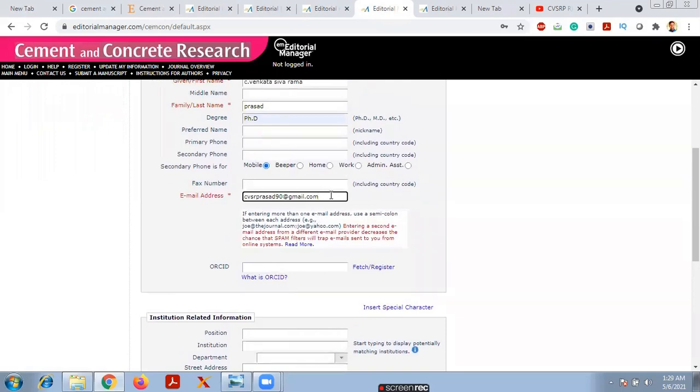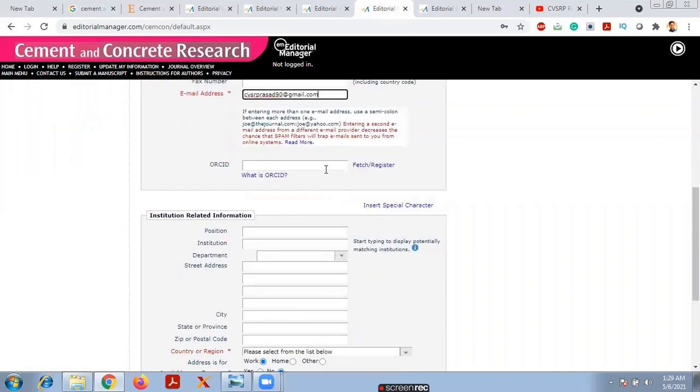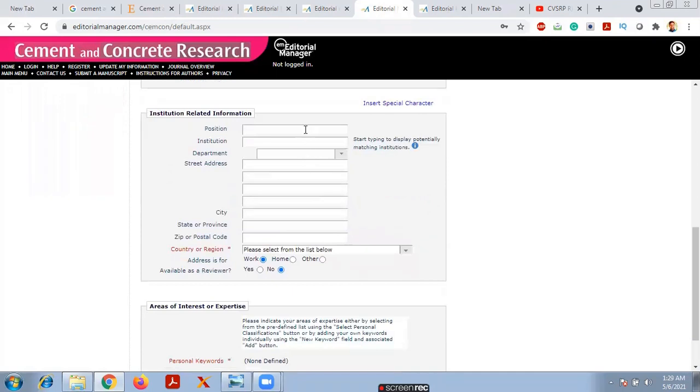Again, you have to give the email address here. And if you have an ORCID number, please give the ORCID number also. And again, you have to give the institution related information, if you are assistant professor or associate professor, or if you are a research scholar, you have to give all the details. Suppose now I will give associate professor, then here give the institution, department.